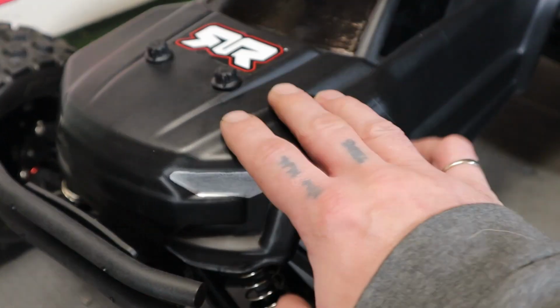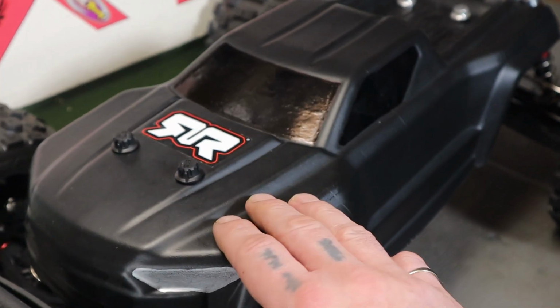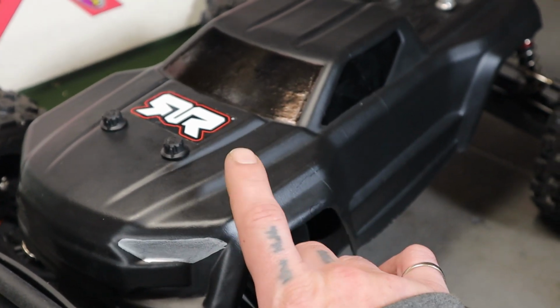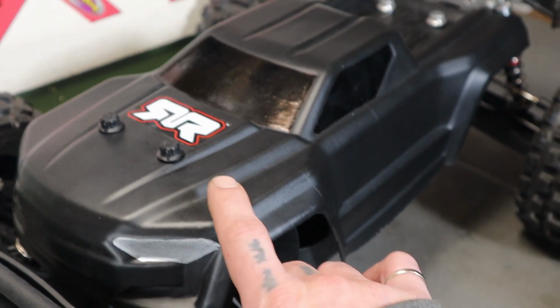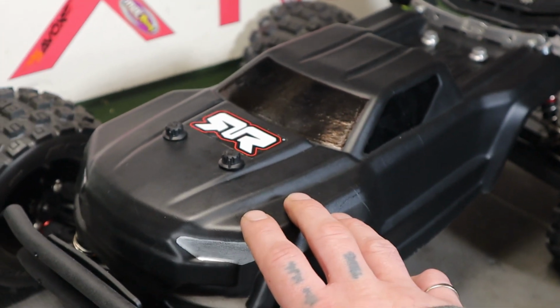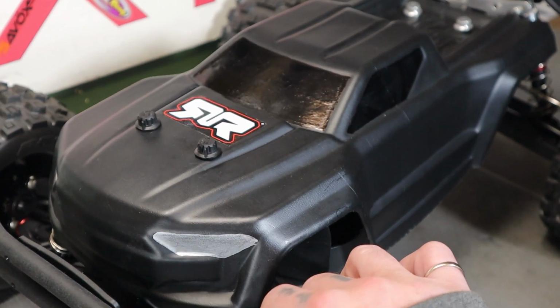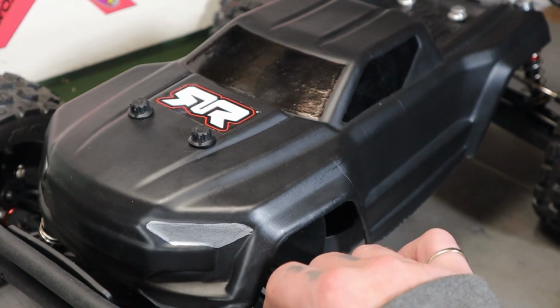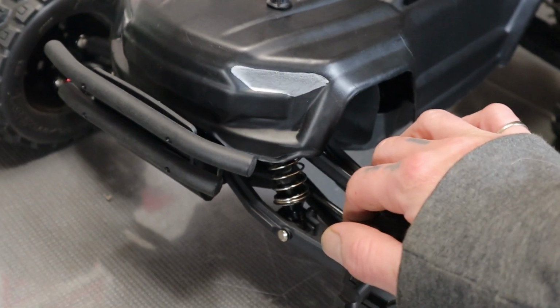But I did go ahead and get the unbreakable body, and it really wasn't even that bad. I think I got this for like $50 or $60. I think it was like 50. That's really not that bad for an unbreakable body, and really not that far off from any other body. You can't paint it, but I like black. So anyway,